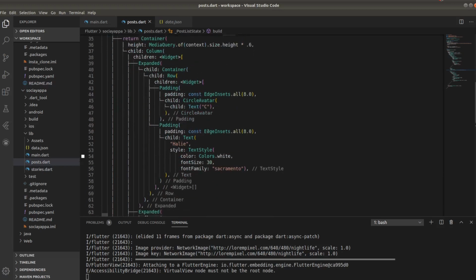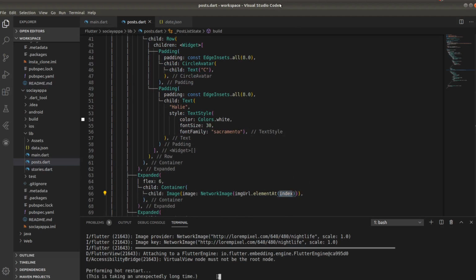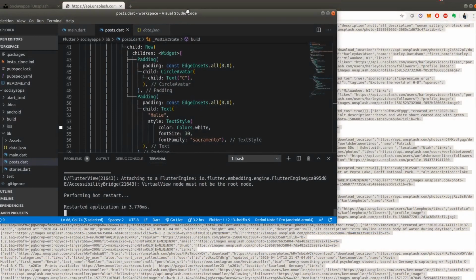This build method has an index, so we can directly pass integer index over here. So now when I reload, if everything goes well, I should get